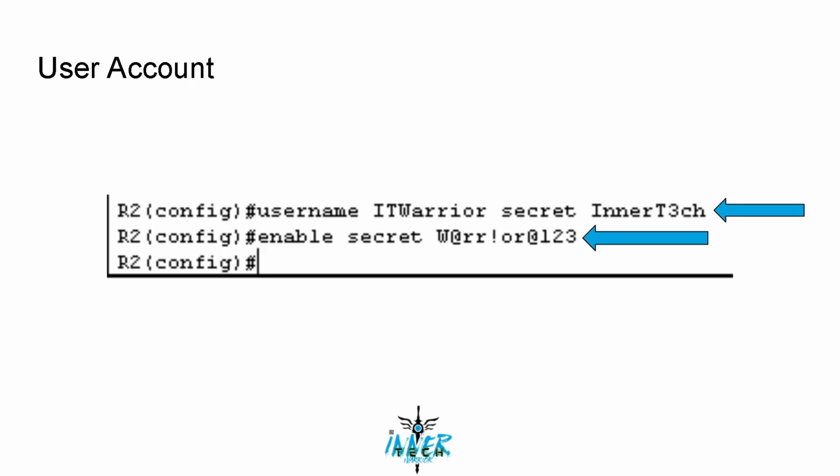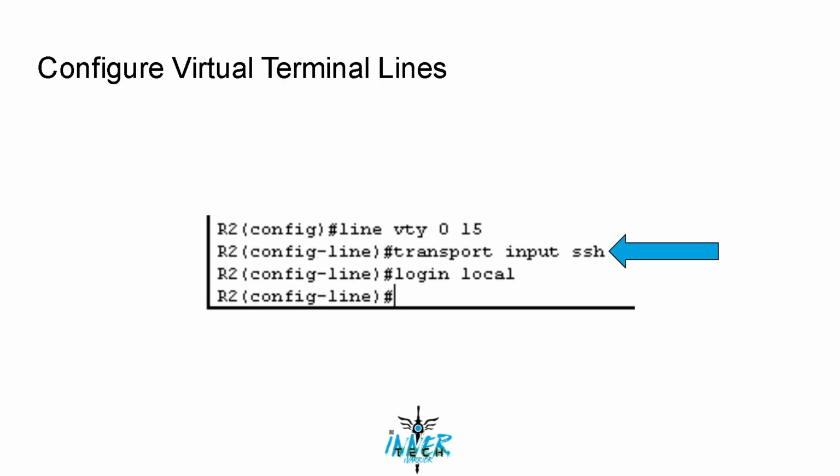To create a user account for SSH, we'll use the command username itwarrior secret intertech, and then we'll set the privilege mode password with enable secret warrior123. Now let's configure VTY 0 to 15 to allow SSH with the command transport input SSH in the VTY line